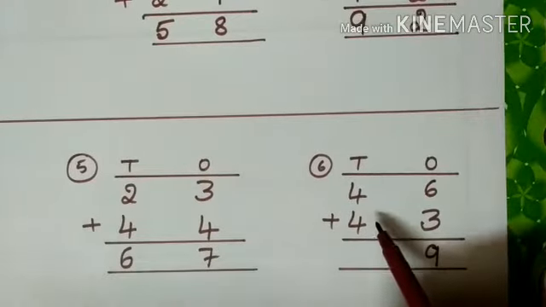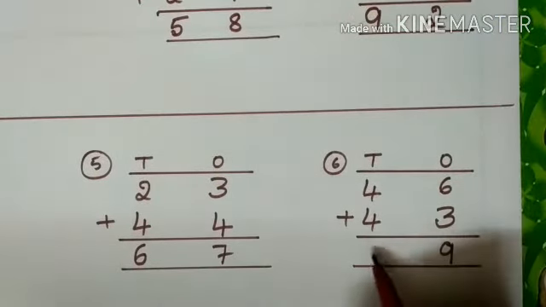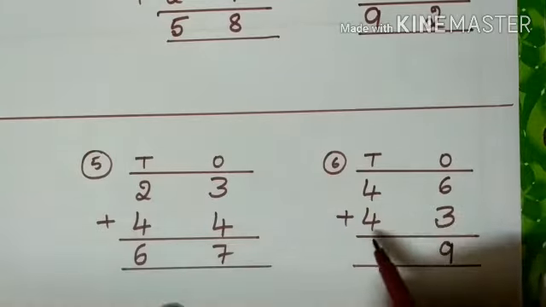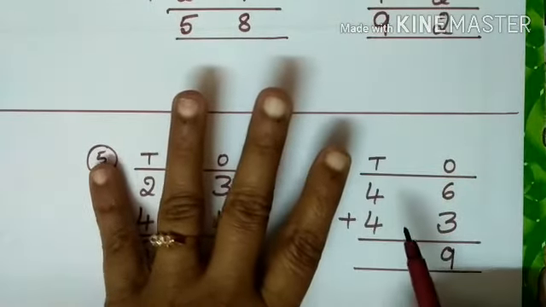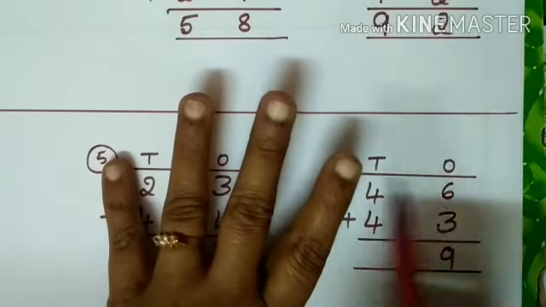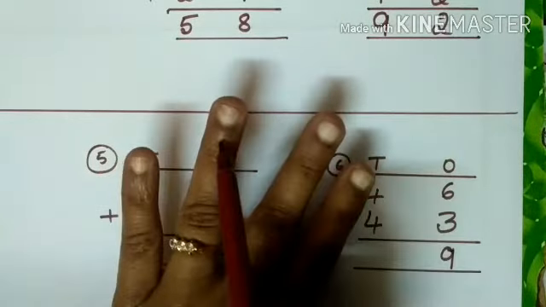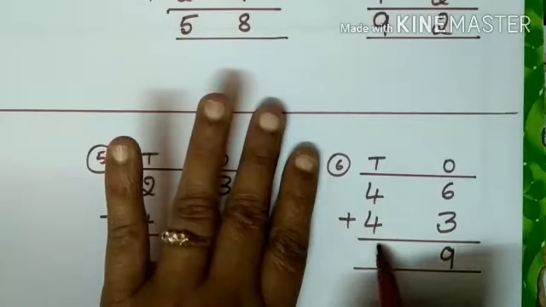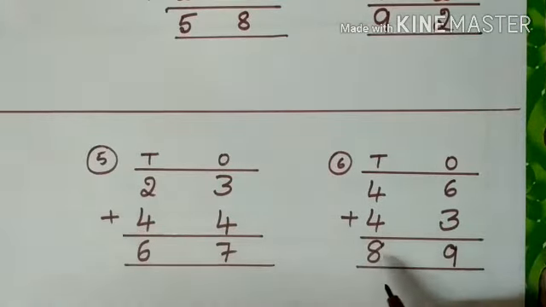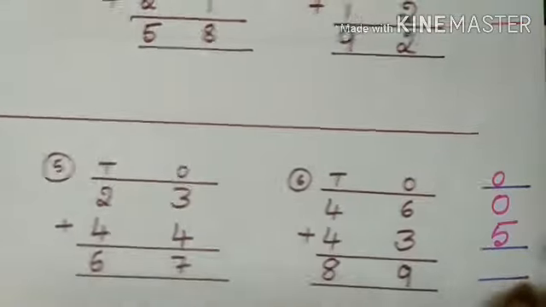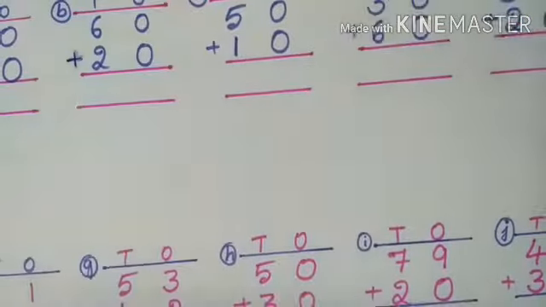Now here 4 plus 4. How much? Yes. 4 plus 4, 8. 4 is in your mind. Another 4 is in your finger. Now count along with me. Open your fingers. 4 after 5, 6, 7, 8. Right here 8. Understood, children, how to do using counting? Using fingers? Yes, I hope everybody understood.